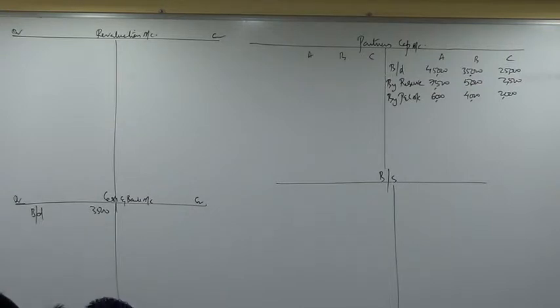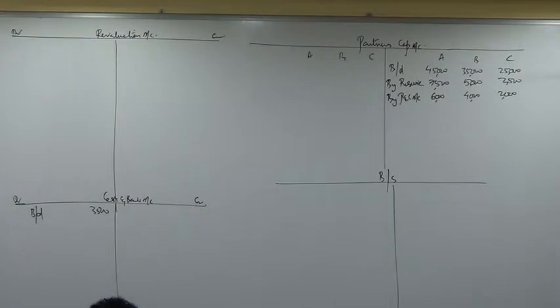When ABC was there, they were sharing 3:2:1. C goes away. So now A and B are left. Earlier, if there was profit, we divided it into 6 parts. He used to take one part, and of the remaining 5 parts, I used to take 3 and you used to take 2. Even now, if we get profits, we will make it into 5 parts. I will take 3, you will take 2. So whatever C is sacrificing, A and B will share it in the 3:2 ratio only.